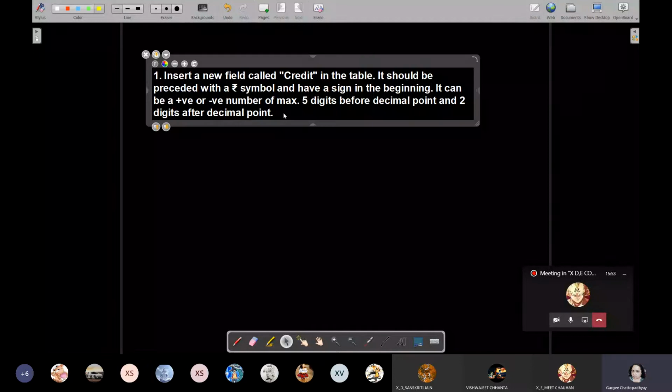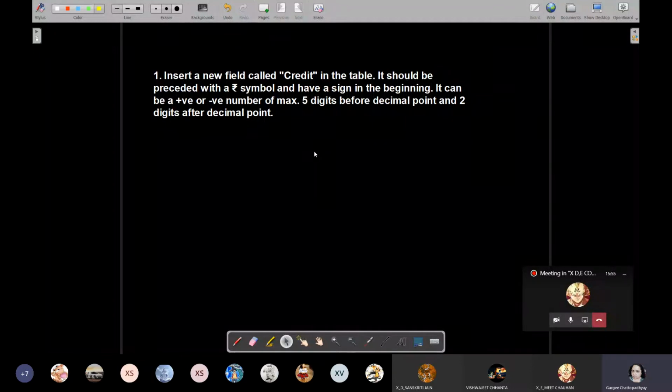Today we are going to start with input masking, right? So input mask I had explained. If you want to create placeholders for the data entry operator such that the data entry operator enters correct data, and he doesn't have to figure out much about what all extra characters he has to enter.